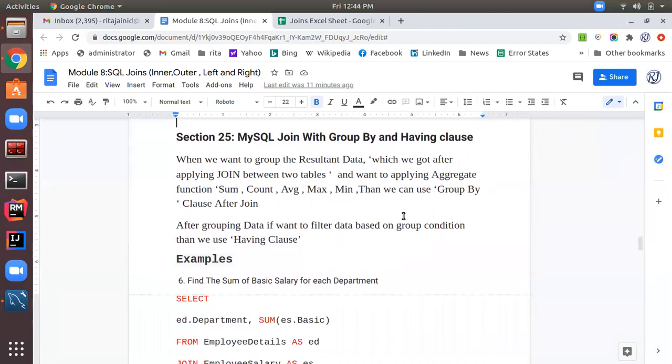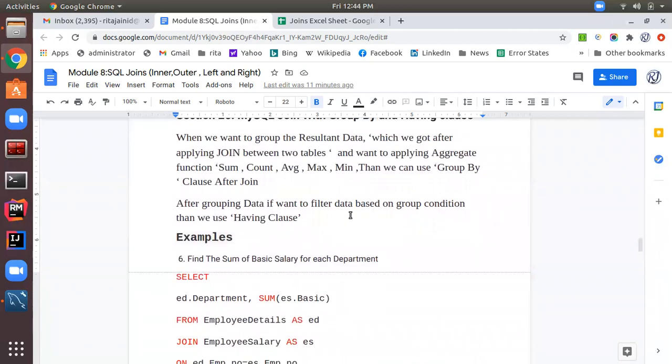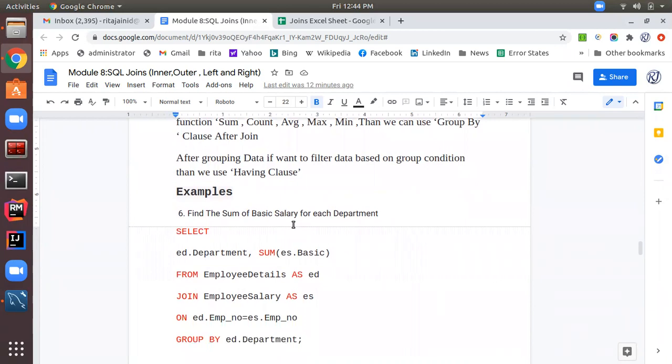After grouping data, if we want to filter data based on a group condition, then we use the having clause. Whenever we want to give a condition on grouped data, we use the having clause. So let's do a few examples based on this.